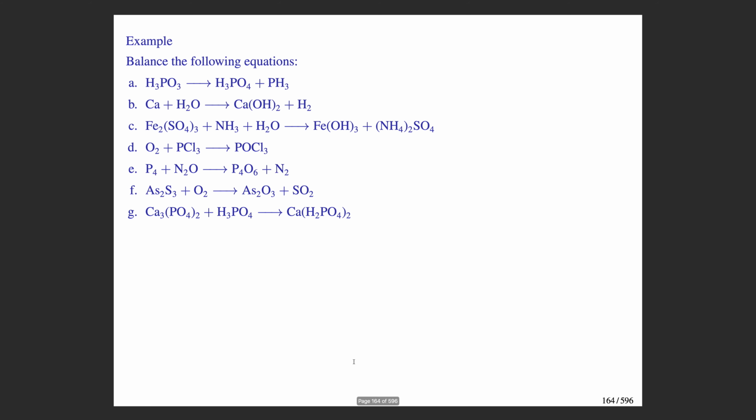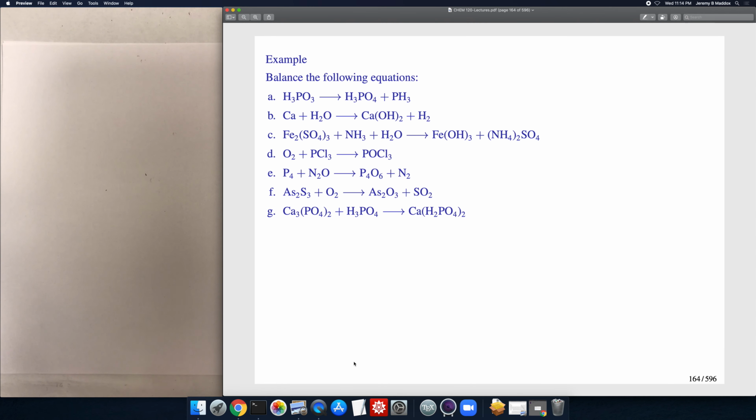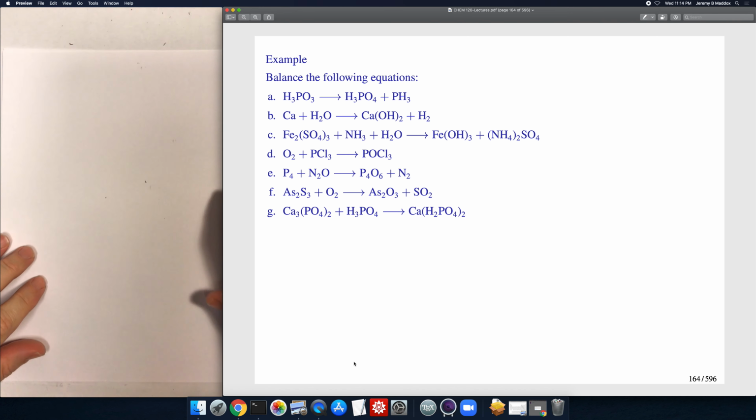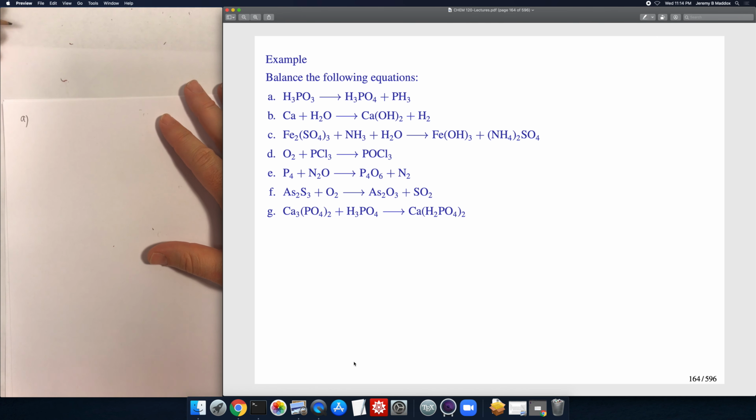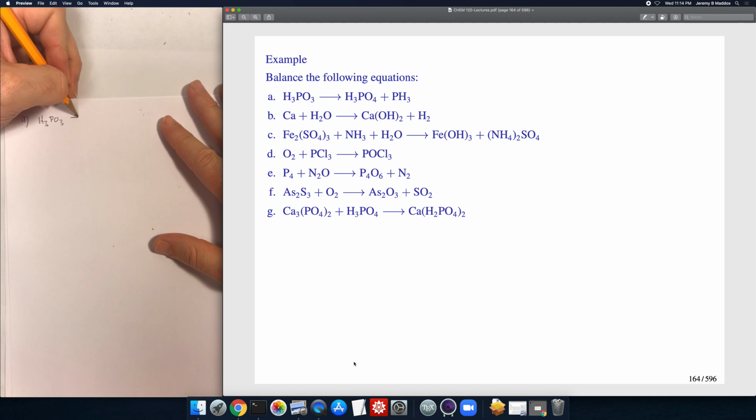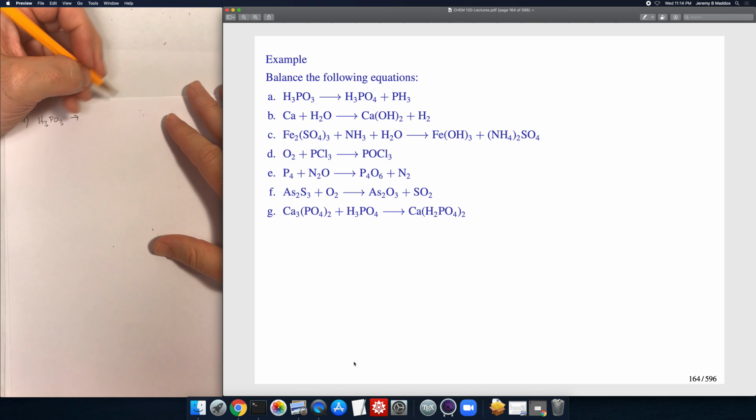So we are just going to do some practice balancing. I'm going to show you how you balance chemical equations by inspection. And so we'll start with this first one here, H3PO3. I believe this is phosphorous acid. It reacts to form phosphoric acid